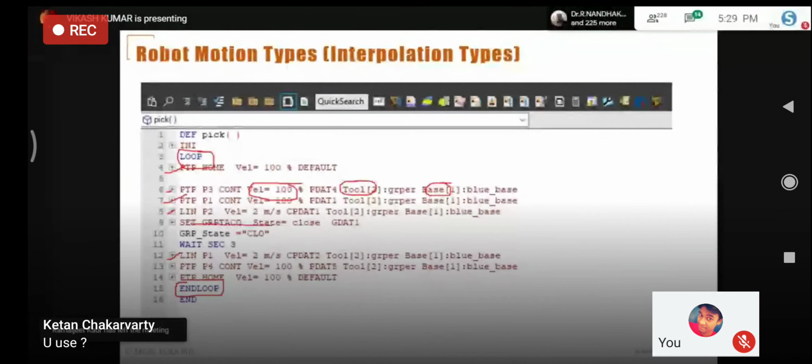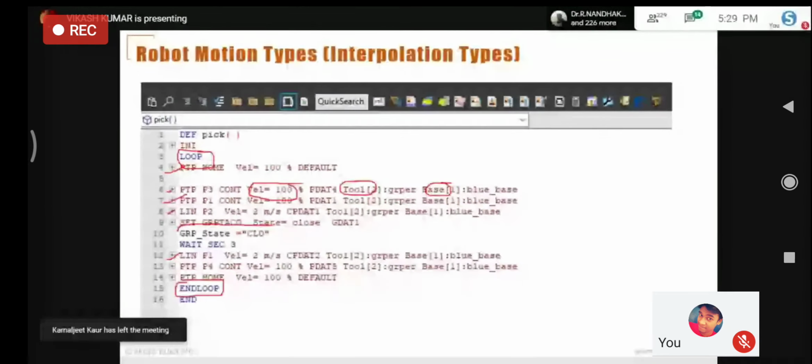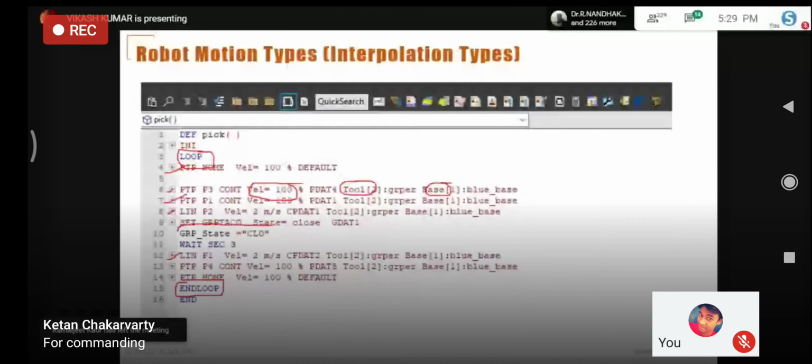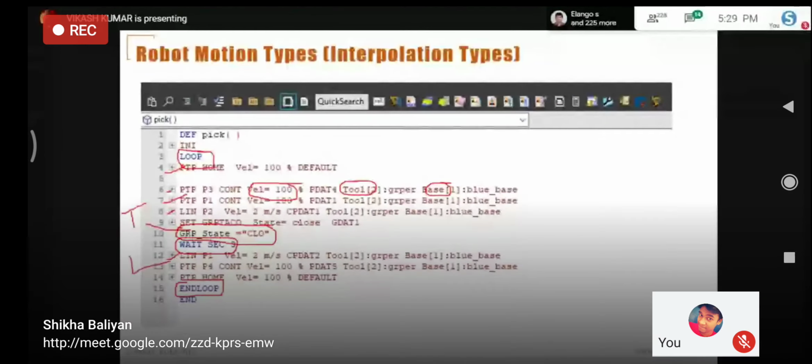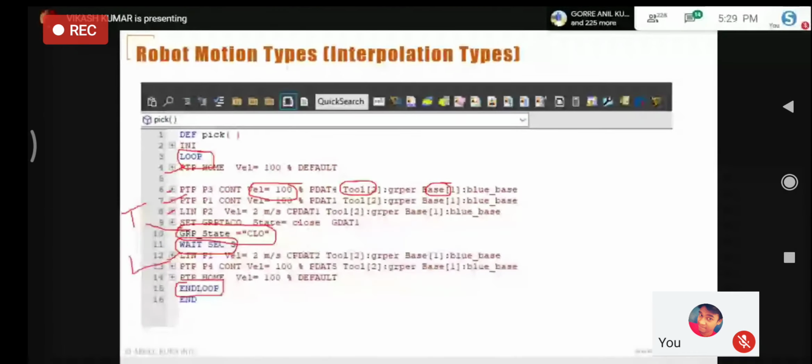Here you can find one more logical command like wait for 3 seconds. Now above this wait, you can find this gripper status close. This belongs to technology. These wait commands belong to logic, and other things are there. So if you are perfect in motion programming, if you are perfect in logic making, if you are perfect in handling technology packages, I think it is good enough to program any application.